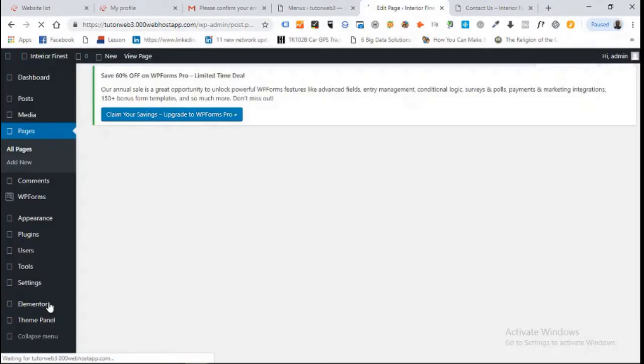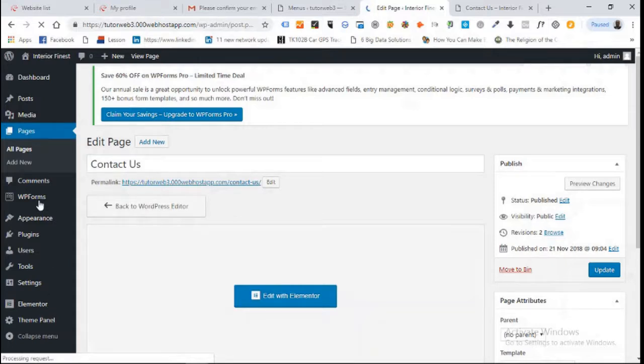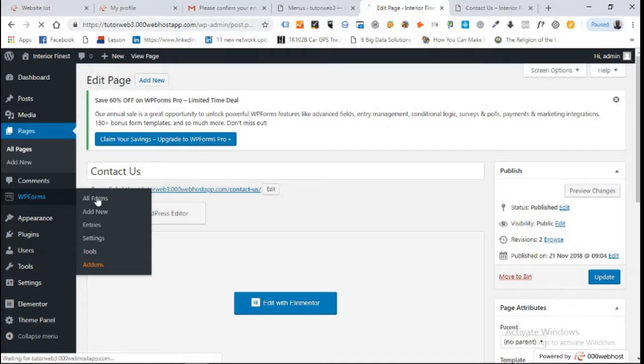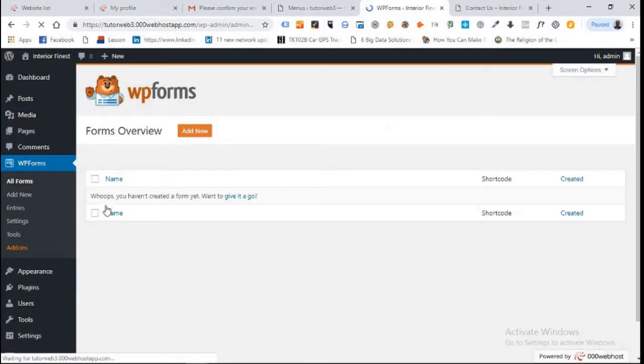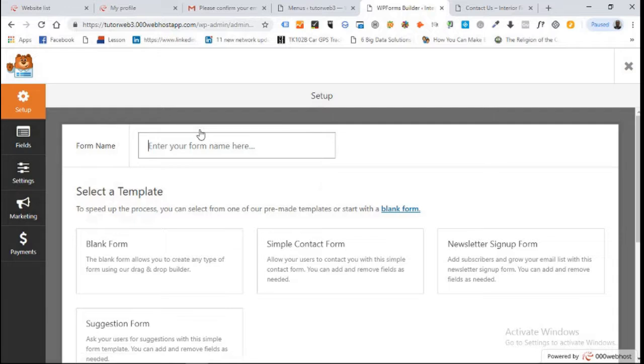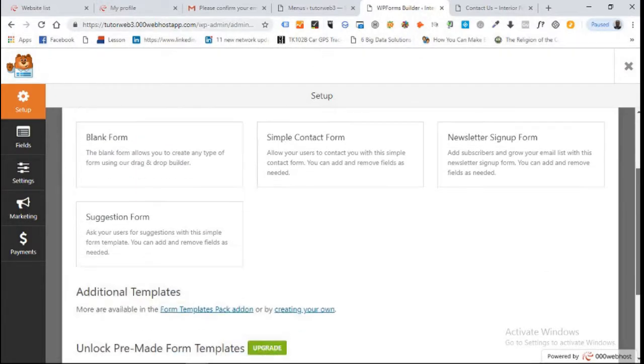And you remember we were able to download a form while we were installing all the plugins for our website. It's called WP Forms, and we can click on WP Forms to add a form. We say add new. WP Forms is one of the best form creation plugins on WordPress because it gives you the ability to just drag and drop. So let's name our form contact form,